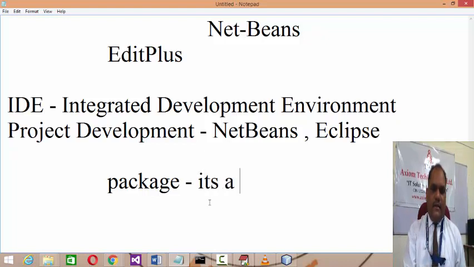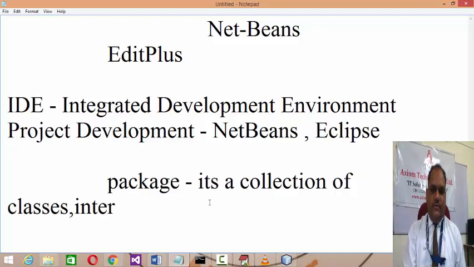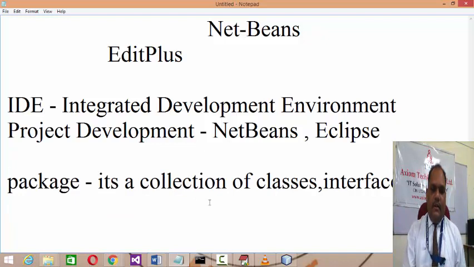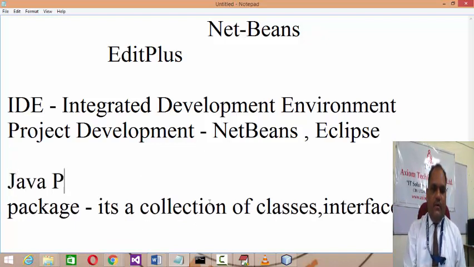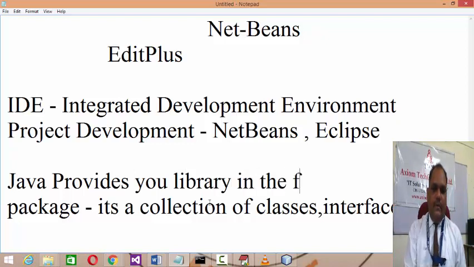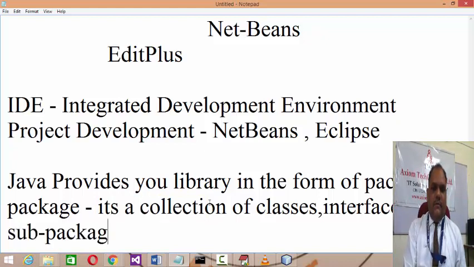It's a collection of classes and interfaces. Java provides you the library in the form of packages, and a package consists of classes, interfaces and sub-packages. So this is what a package means.